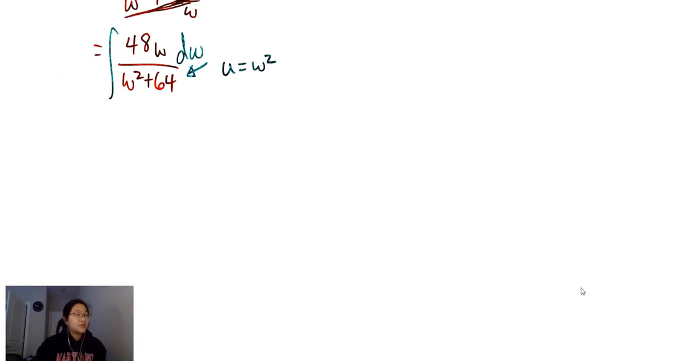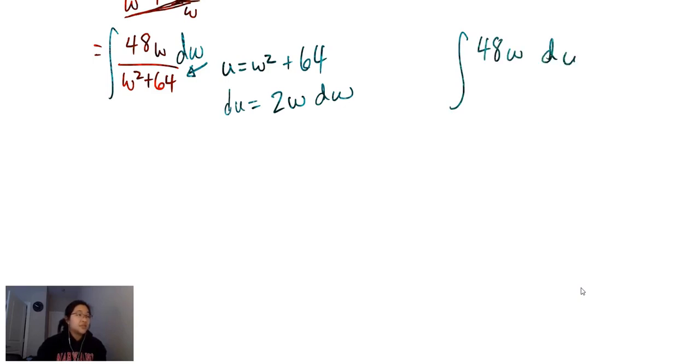So if we say w squared plus 64 is u, and that means that du is 2w dw, that means that our integral of 48w dw over w squared plus 64, we can rewrite with a u substitution